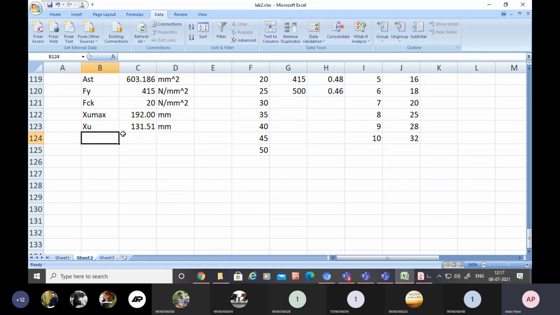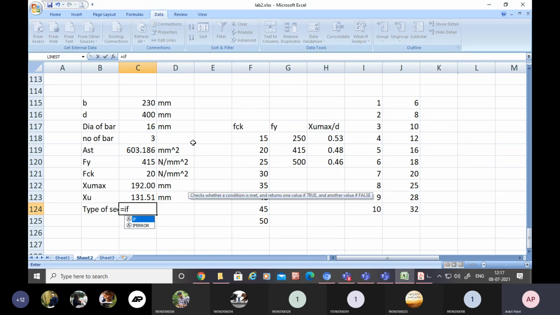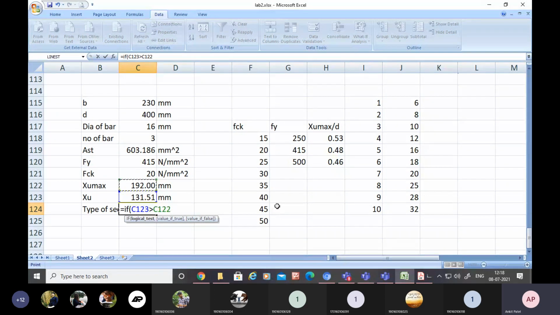Okay, so now let's determine the type of section. How to determine the type of section? The section can be under reinforced, over reinforced, or balanced section, that we have to determine. So let's first of all write it down, equals, if bracket, this is greater than this, then what we have to write down?